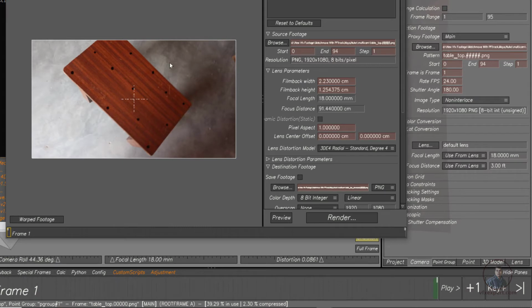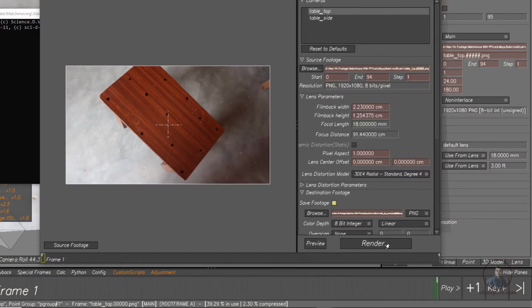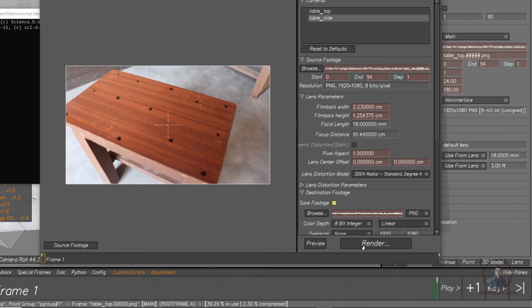Now I am going to export this plate. Check this one here, then simply click on Render. It will place your undistorted footage in the same footage folder. Same for the second camera: select it and render.